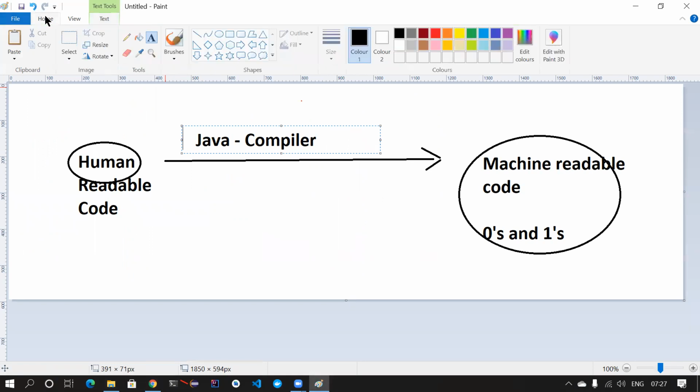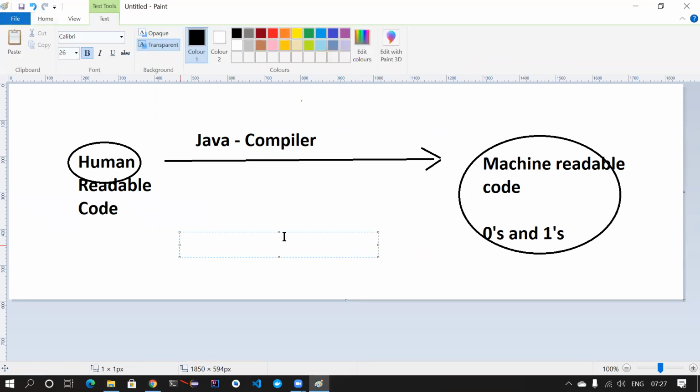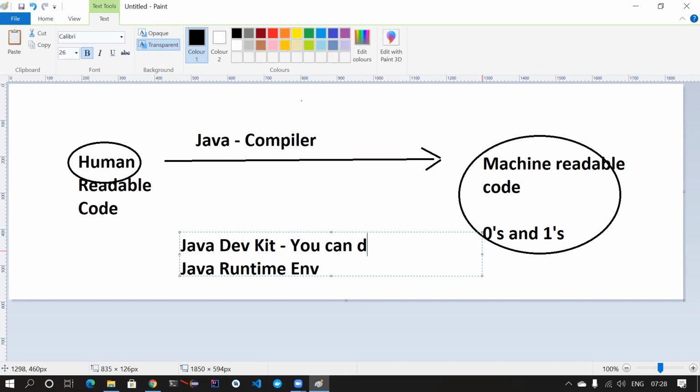So let me put a simple diagram and explain. JDK means Java Development Kit. And what is JRE then? JRE is Java Runtime Environment. These are two different components. With the Java Development Kit, you can develop Java applications. But if you have only the JRE, you can only run